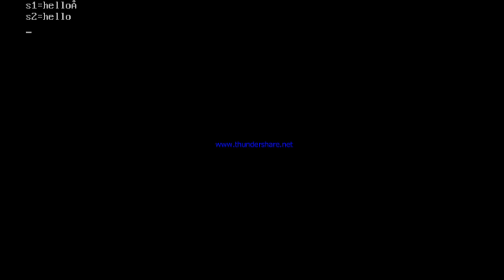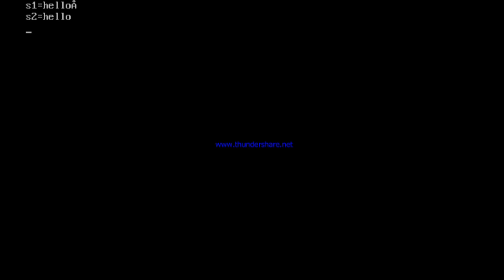Okay friends, so see, s1 is printed as HELLO, and there is some kind of a letter A with some kind of a dash over it, and s2 is hello. You can see that when you do not initialize a string properly, it will print a garbage character along with your string content, but s2 is properly initialized, so s2 is printed as this.